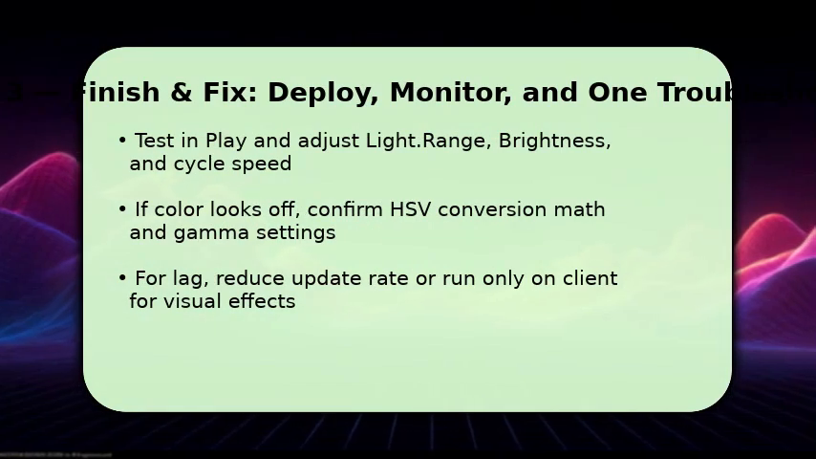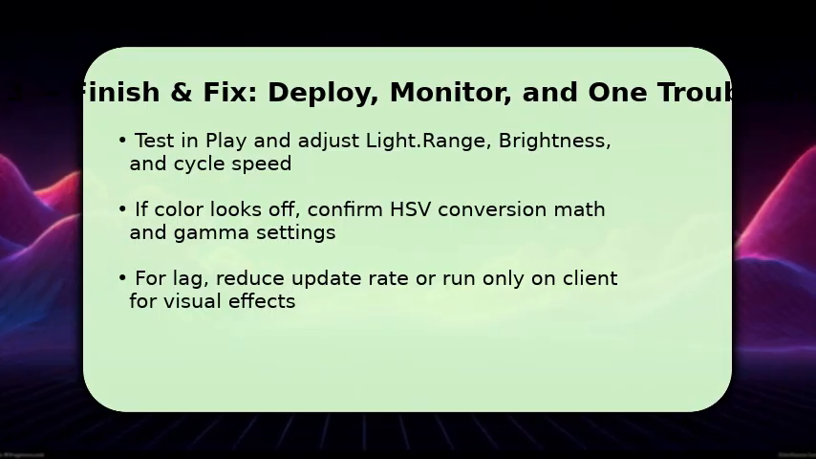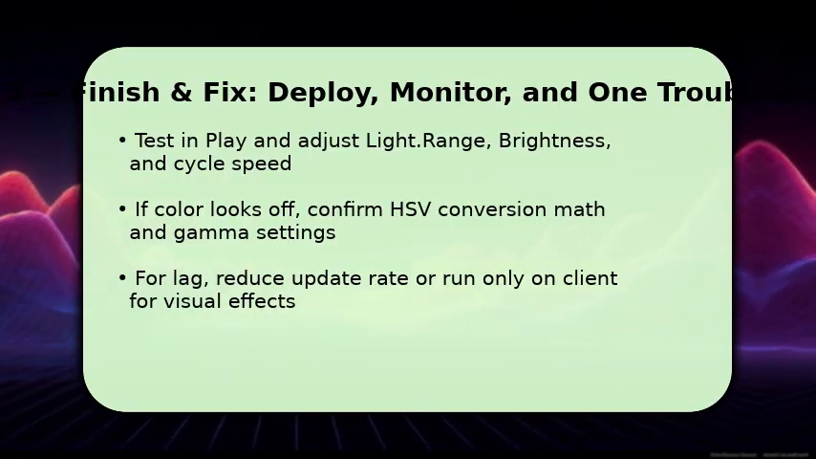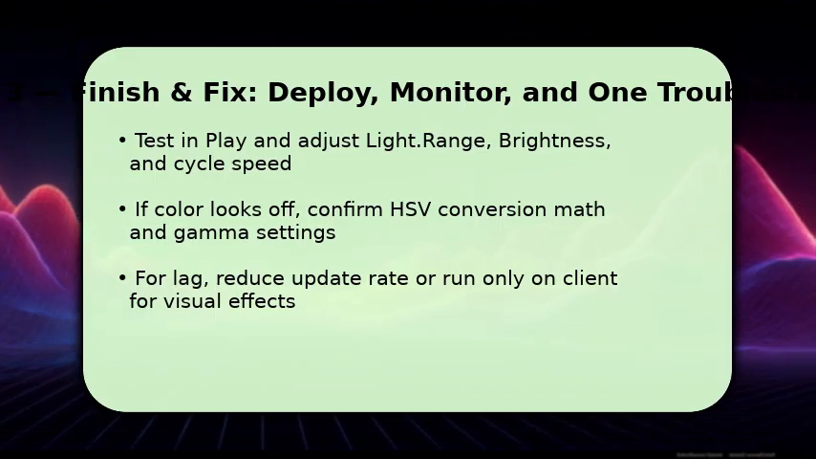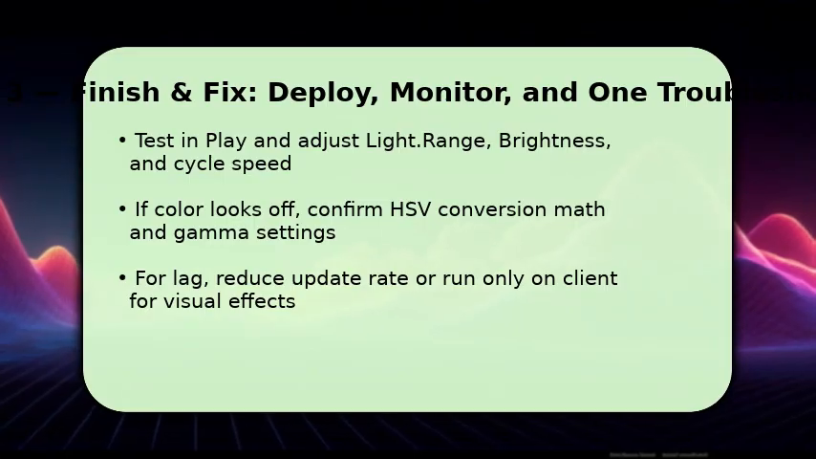Finish by testing in play mode. Make sure light range and brightness match the scene scale and tweak cycle speed for the right effect. If colors are desaturated or incorrect, double-check your HSV to RGB formula and ensure you're using 0-255 or 0-1 ranges